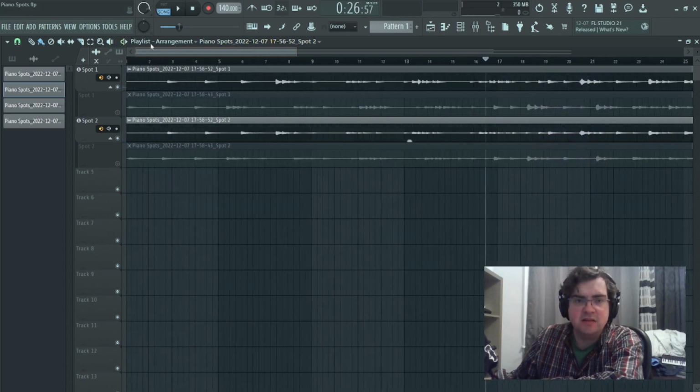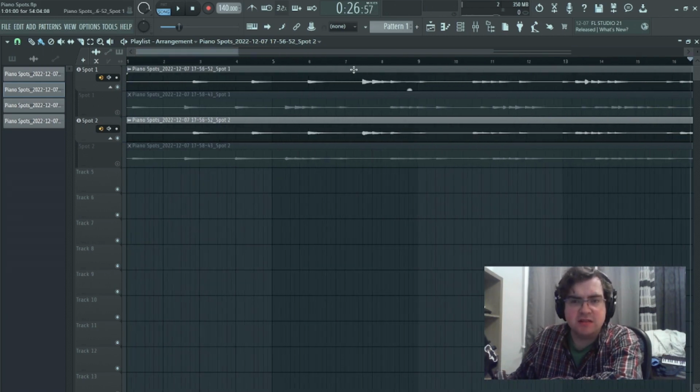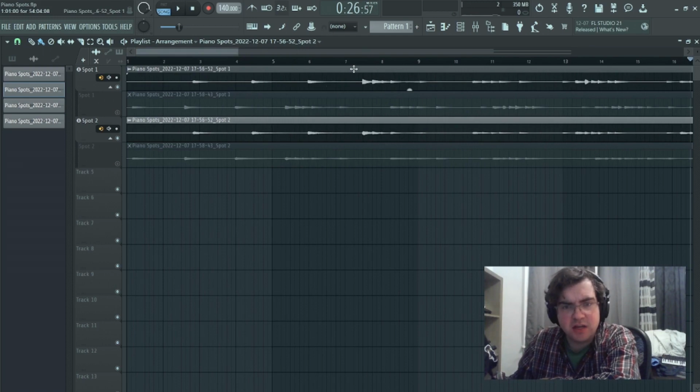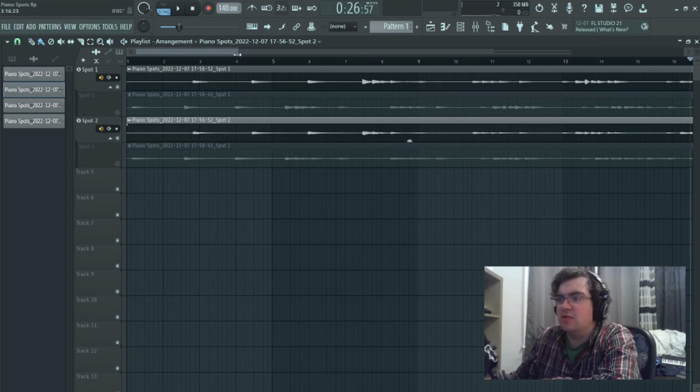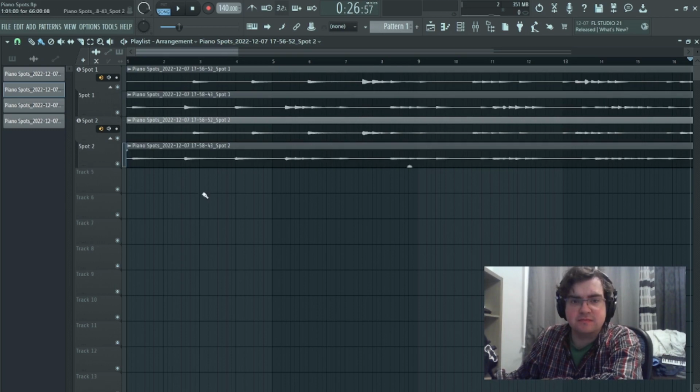So that's the idea. But there's a whole bunch of things you can do for vocal editing, or record audio editing, that I wanted to touch on. There's a whole bunch of things you can do for audio editing in FL that a lot of people don't think you can do. Okay, so